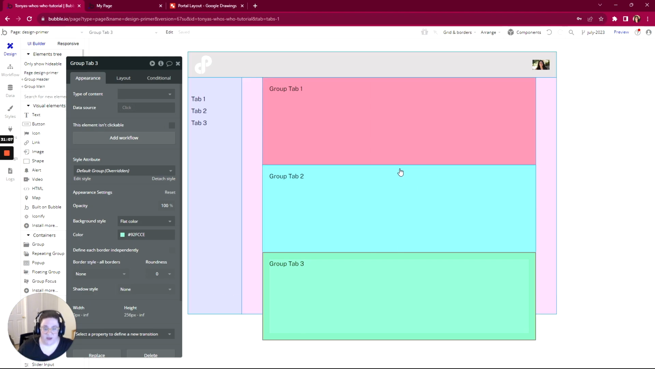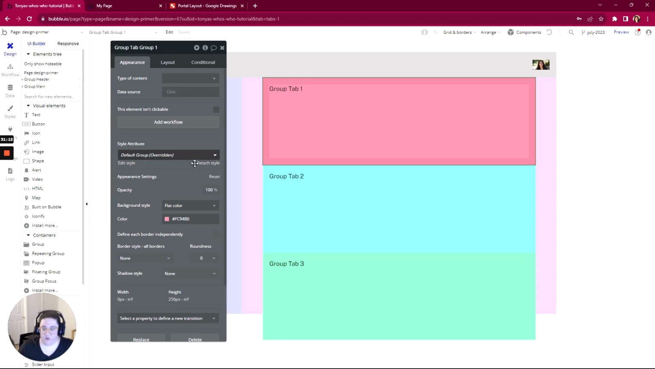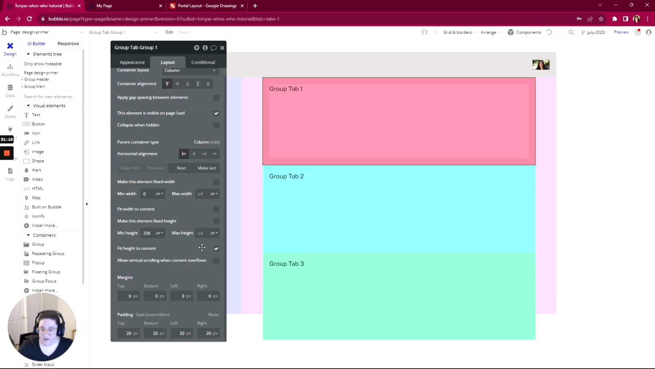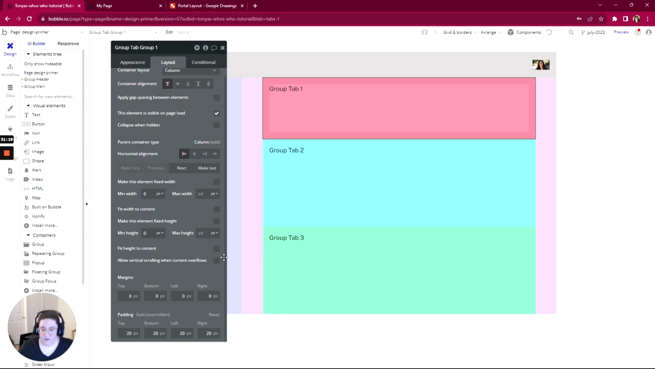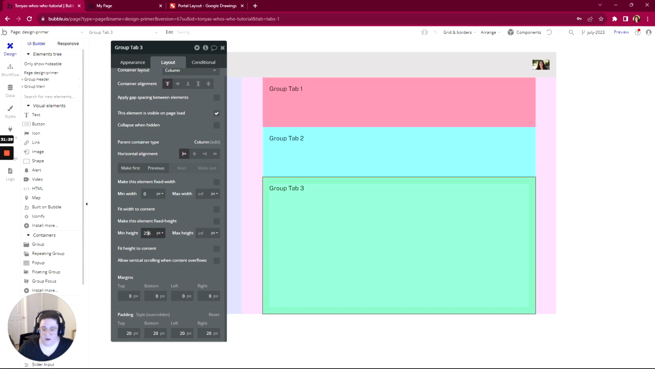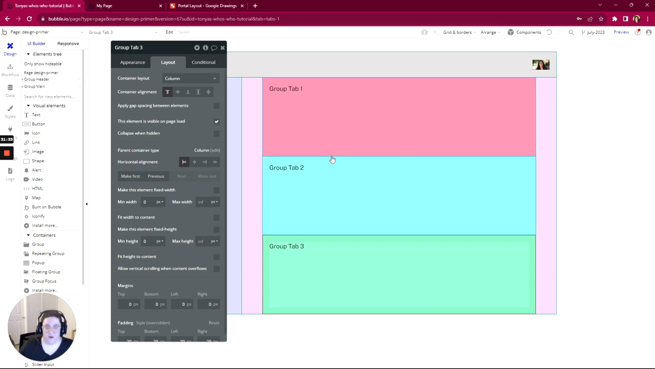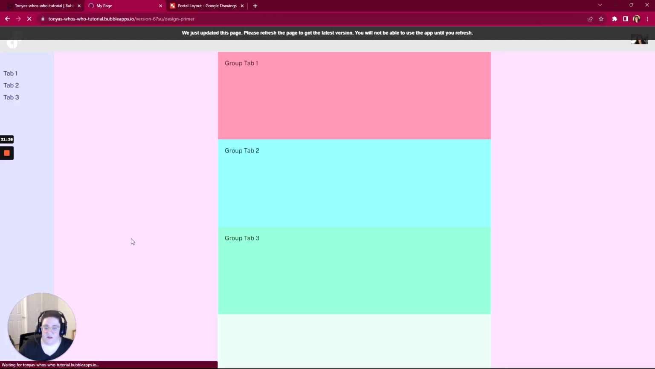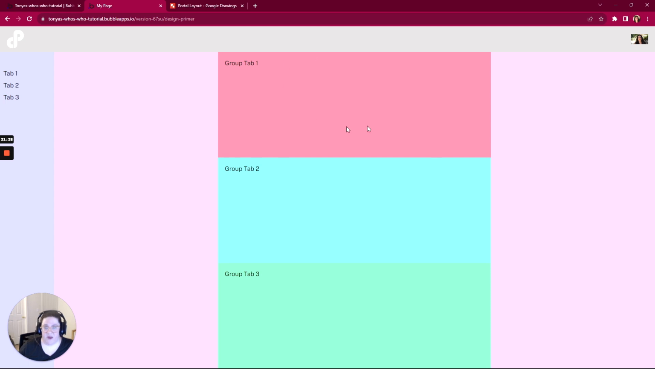Now I'm going to do one more thing. I'm going to say on these groups, I don't want these to have a fixed height either. All right, so now they don't have fixed height. Let's see if that takes up, yep, so now they take up the whole space of the whole height of